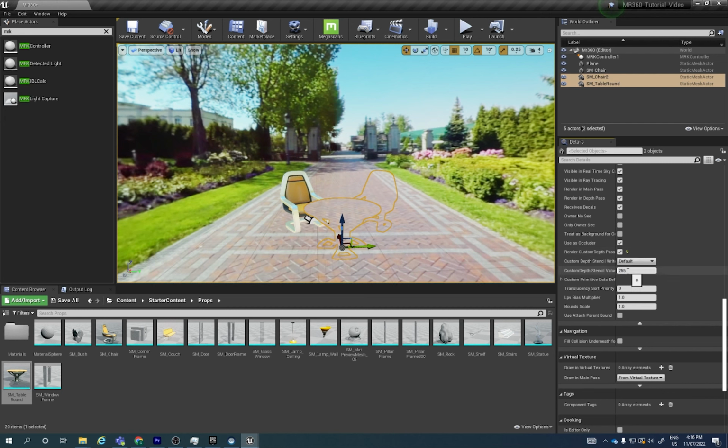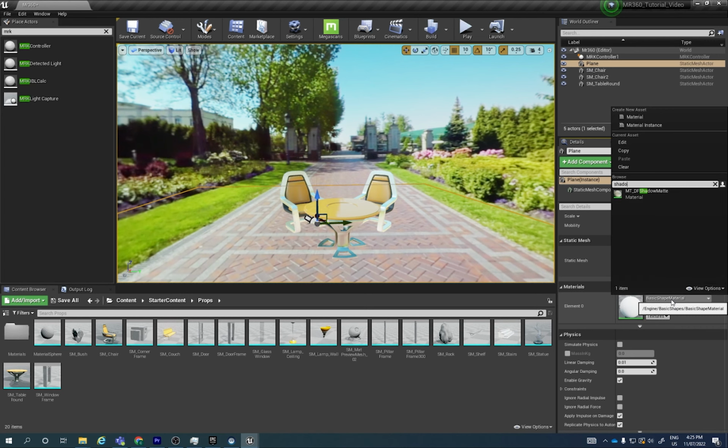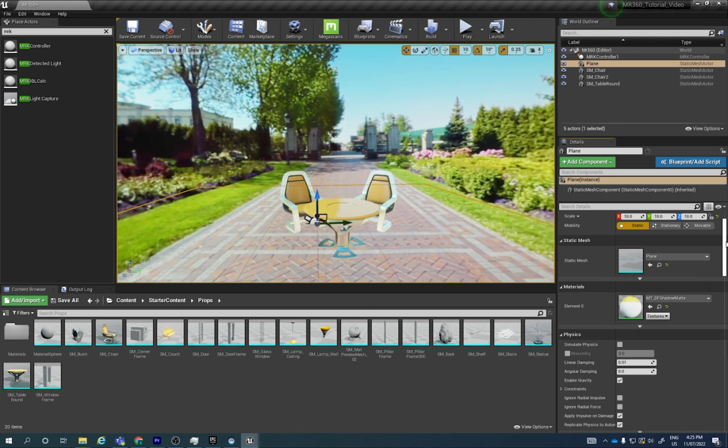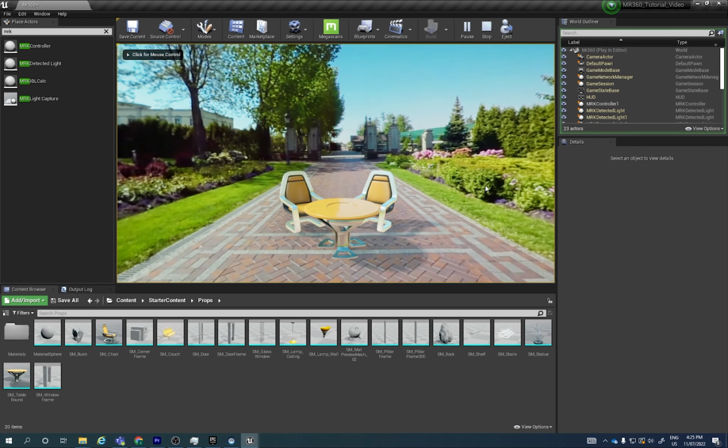Our asset is now visible in our scene, but we do not have any shadows. To fix this, select the plane we placed earlier. Change the material to MT_DF shadow matte like the previous asset, navigate to Rendering, render custom depth paths and enable. But this time change the custom depth stencil value to 1. Press play. Now the MRK controller has automatically updated the light source in real time, lighting our assets appropriately and